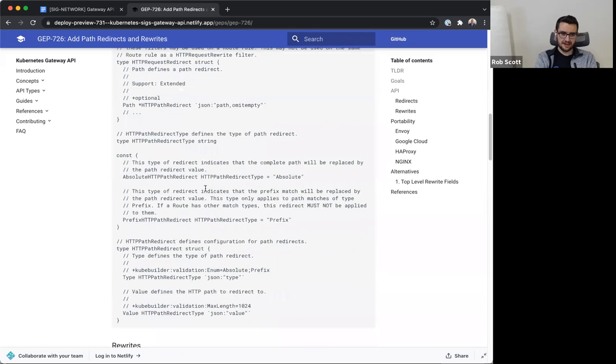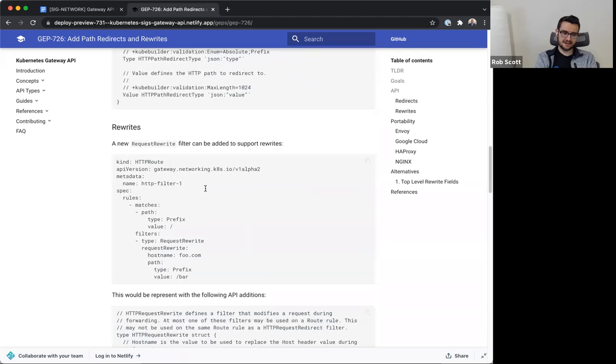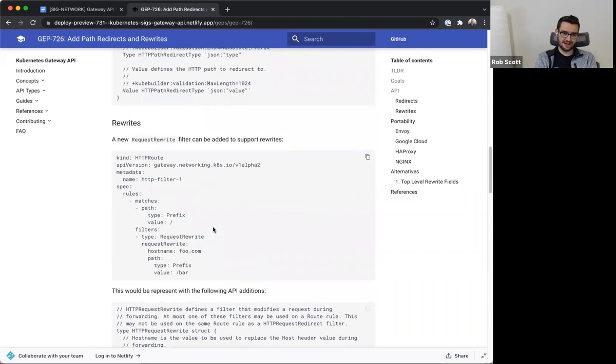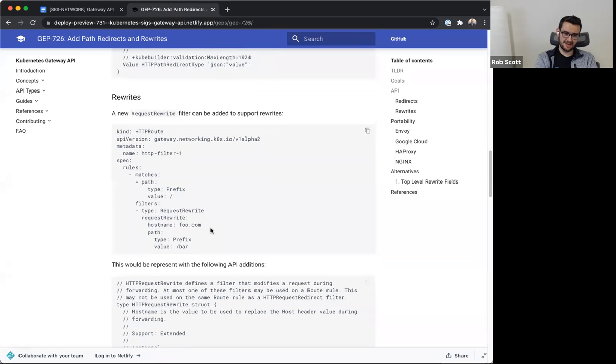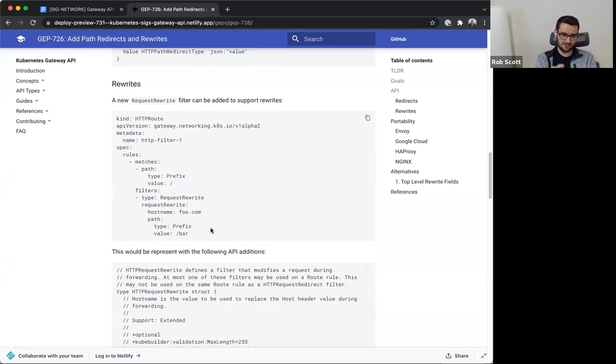Okay, great. Rewrites are very similar in concept to what we already have. It's just a new kind of filter: instead of request redirect, it's request rewrite. We're almost at time here, so I don't have enough time to run through every detail, but if you have time to take a look at this gap, that would be appreciated.